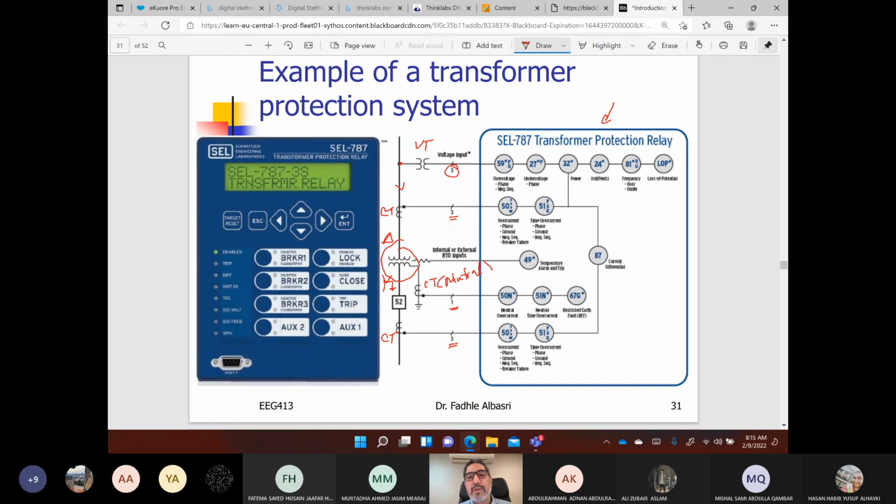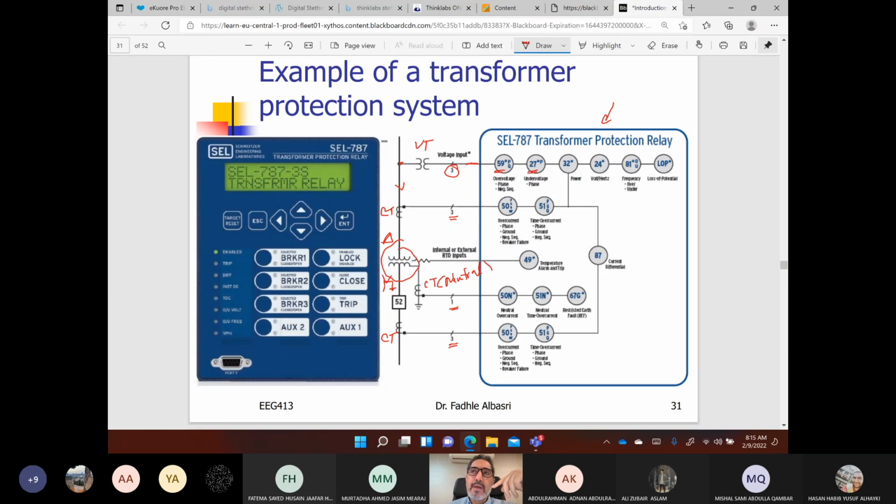Now, what are these protection functions that are provided? Inshallah, we'll elaborate on them in the coming chapters. One of them is, as I mentioned, because I have input voltage, I can know: is this voltage an overvoltage condition, which is the 59 function, a protection function, or is it an undervoltage condition, which is the 27 function. So these numbers represent the protection functions